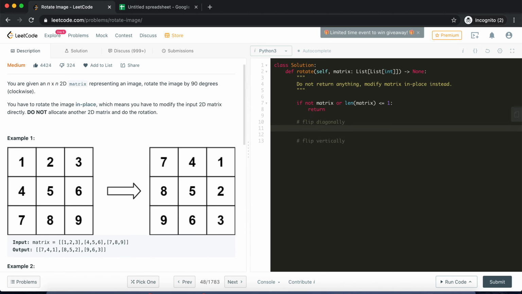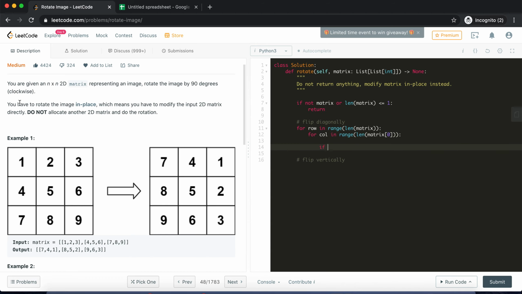So we'll first perform the first step. For that we need to traverse through all the cells in this matrix. So first we'll traverse through all the rows, and then all the columns in each row.